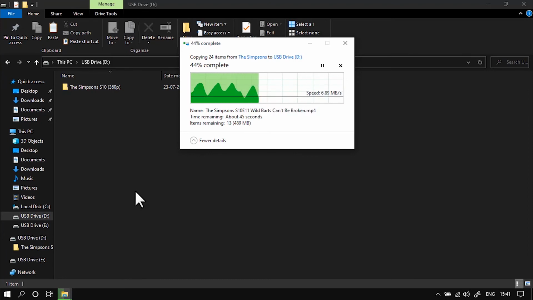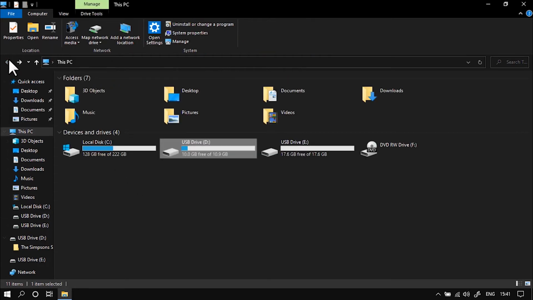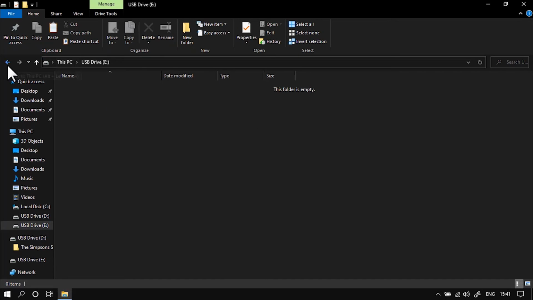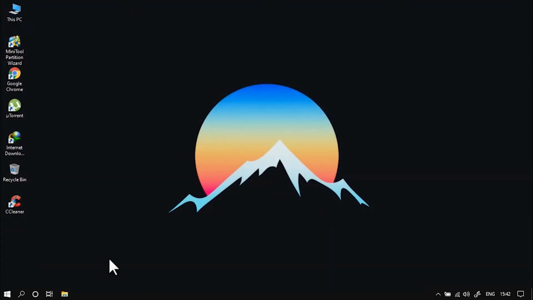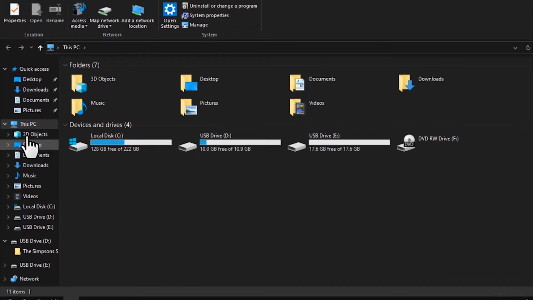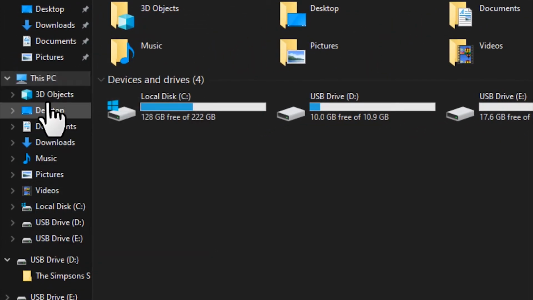So I'm just going to paste a file and show that it works. Now to remove this partition, just open Windows Explorer again, and then on This PC right click and go to manage.